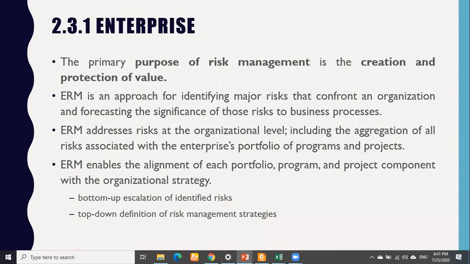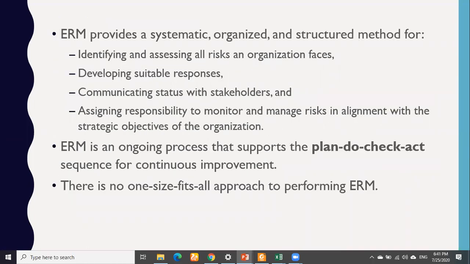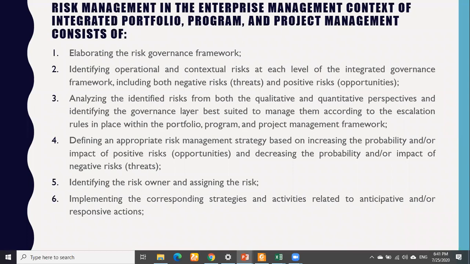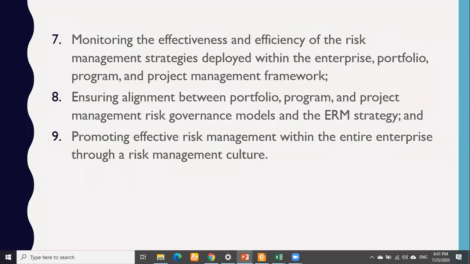So enterprise risk management has a broader scope. In mathematical or engineering terms, you can say it is considered a union set, a combination of all portfolio, program, and project. You can see that the enterprise includes different portfolios, portfolios include programs, and programs in themselves include, sorry, projects. We did cover this topic. If you have any questions, you can ask now or later as well. Your questions are always welcome.